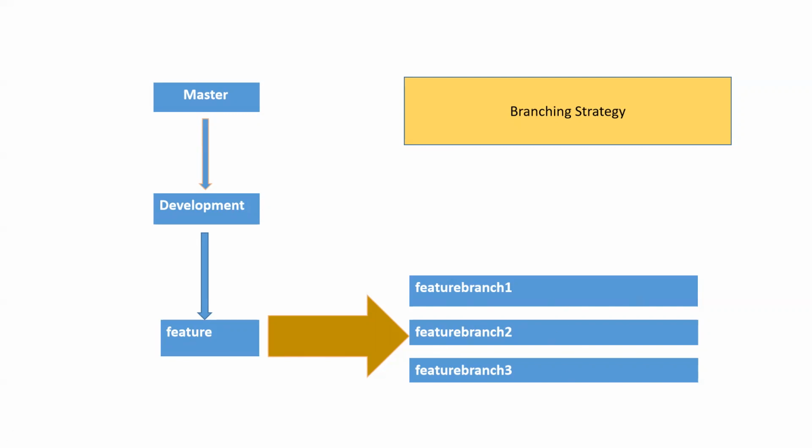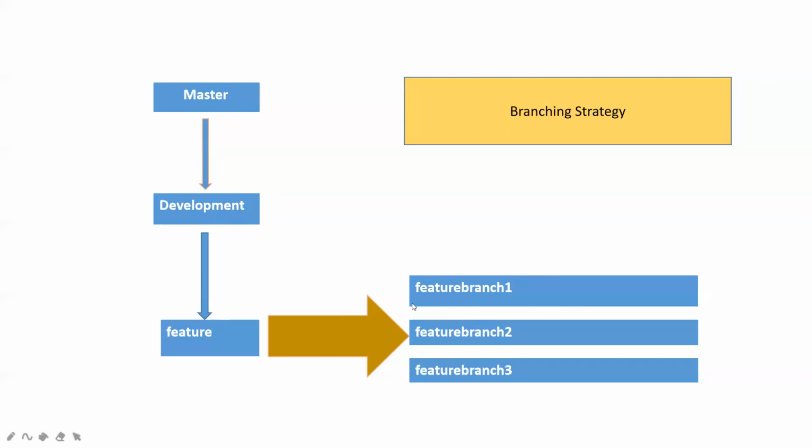Let's talk about developers. Developers are working on some requirements. Let's say a developer has been assigned a ticket, for example working on a login screen. In that case, he will not code directly on the development branch or master branch. He'll create a feature branch, here called the login branch. Whatever code he has completed or developed will be pushed to that feature branch.